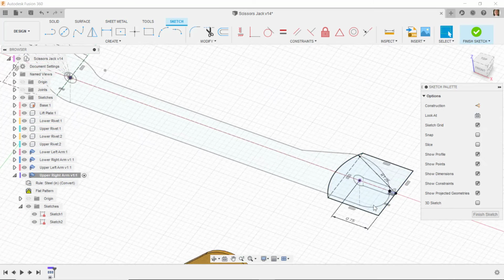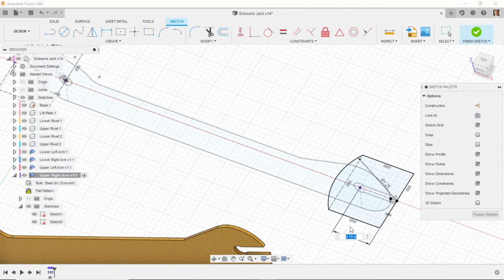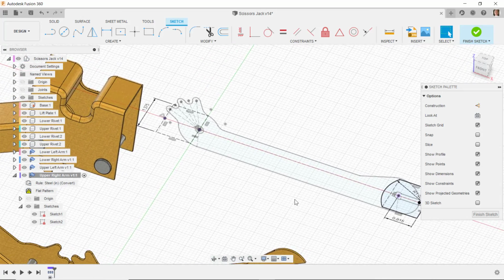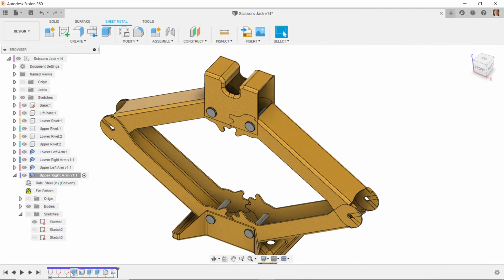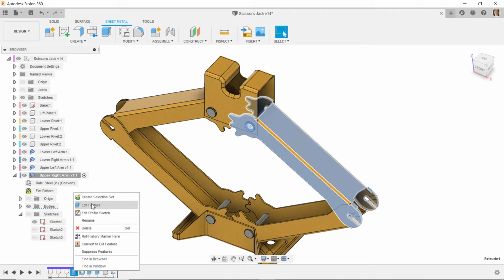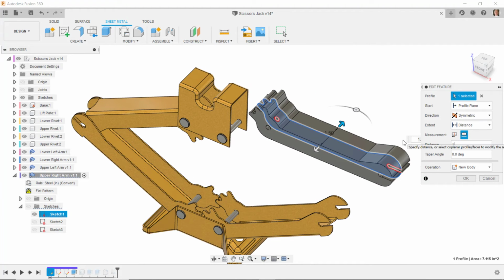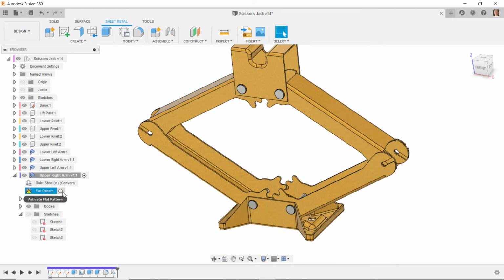I'll edit this sketch, and so this distance is 0.815, and then the distance for this dimension is 1.345 minus parentheses 2 times the thickness of 0.0625. And really we should tie all of this together with named parameters, and that way we just change the named parameter rather than typing in individual formulas. Like, I'll finish that sketch, and then I'll expand this, and I'll go to that first extrusion. I'll edit that feature, and I'll change that to the 1.345, and then we'll check our flat pattern,